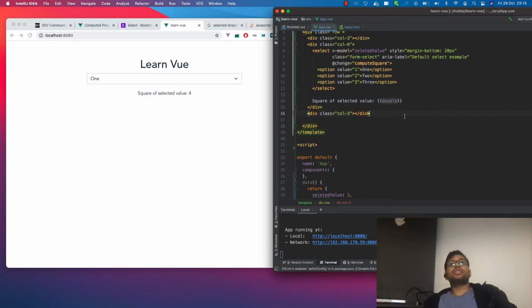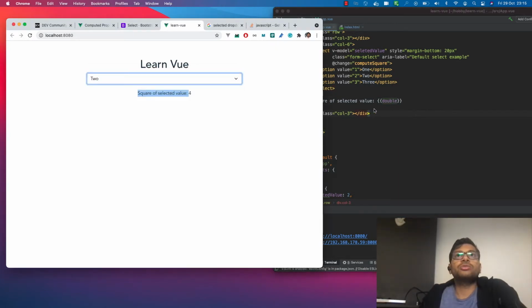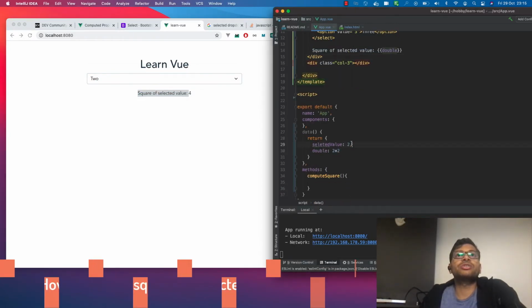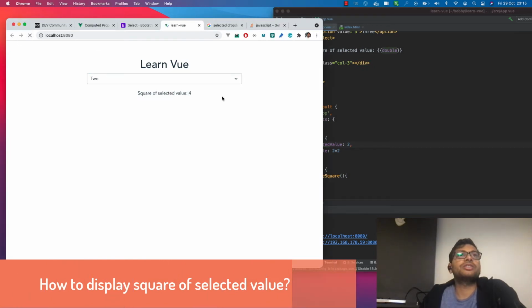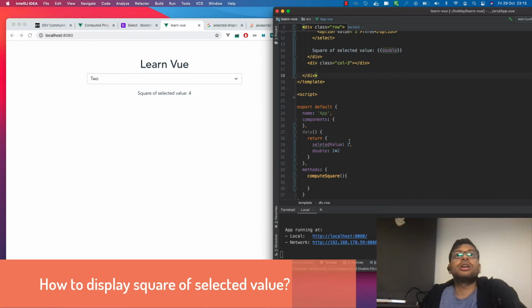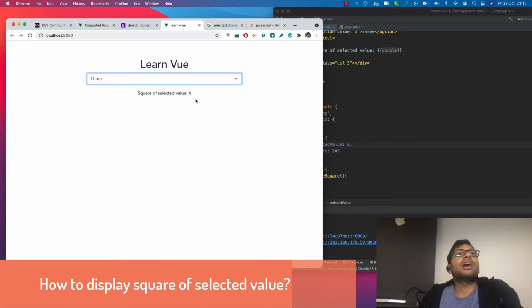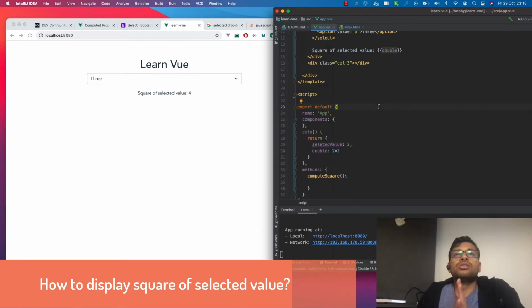So the question is now, initially we have selected 2 and it is 4. If you refresh the page, you will see 2 and 4. But suppose when I select 3, how can I make the square as 9? So that's something we'll learn here.